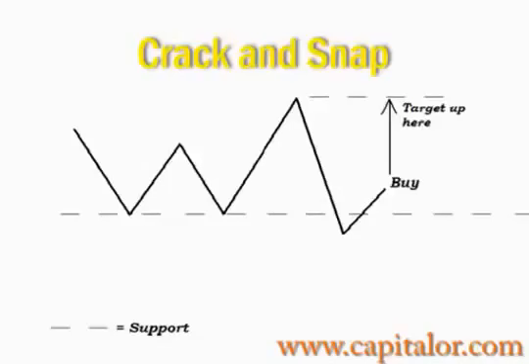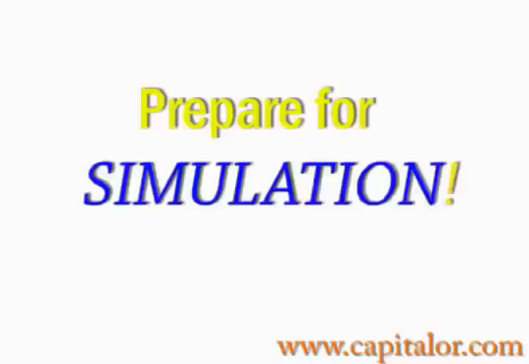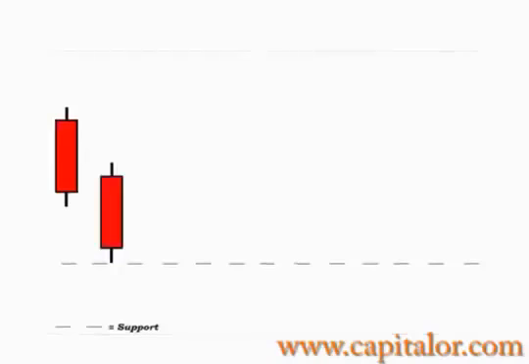And to make your apprehension of this pattern even easier, I am going to show you a simulation much like I did with the falling off the roof pattern. So prepare yourself. This time the dotted line is support. The simulation begins with the candlesticks approaching the support line, but stopping right above the support line and going up a little,